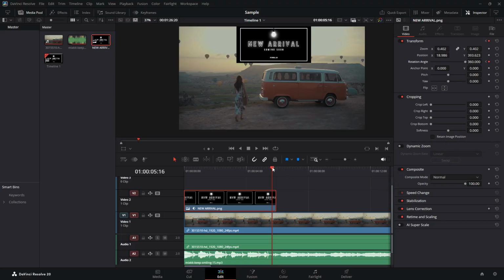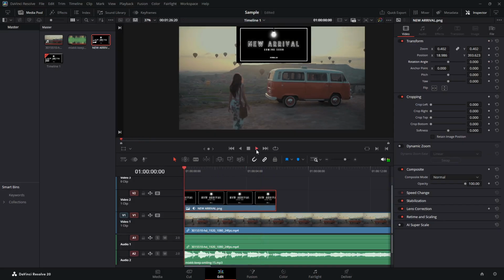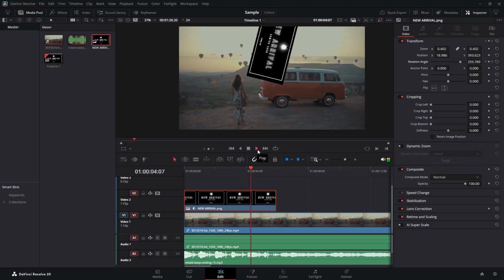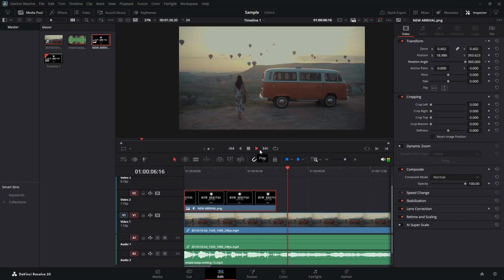Finally, play back your video to see the result. You should now see your image rotating smoothly from the start keyframe to the end keyframe. The animation should look natural and polished, adding a dynamic element to your project. And that's it, you've successfully created a smooth rotate image